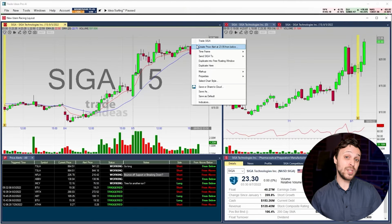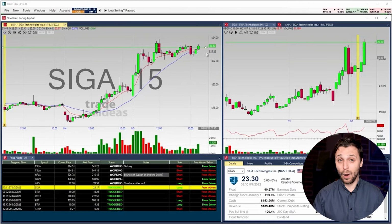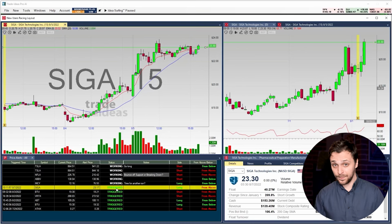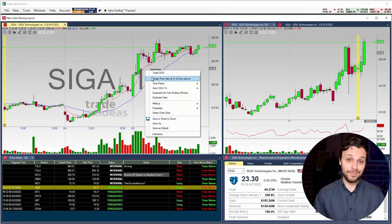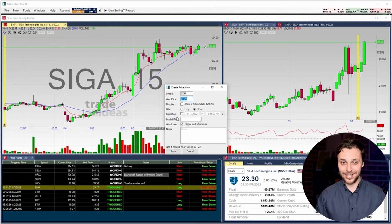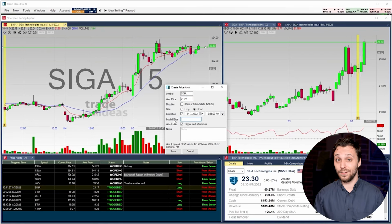Alright, then there's the price alerts window. This one is simple, but it's pretty powerful. So I set an alert, and then when the price hits my level, not only does it pop up visually, it plays a custom sound alert that I chose. I can even add a note to remind myself why I set the alert in the first place. I can also share alerts with other traders, which can be a fun way to collaborate with a small trading